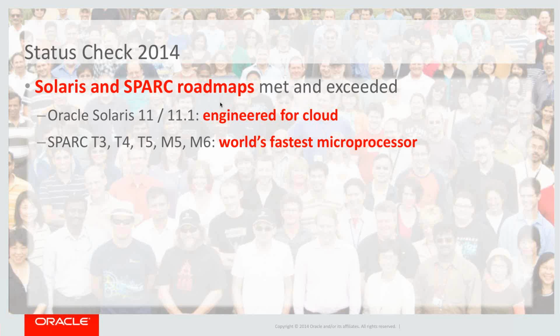We have the beta release for that out right now, and that's a lot of what we're going to talk about today. Our friends over on the hardware side have also done some pretty amazing things with the Spark roadmap. Again, Spark was kind of lagging behind the rest of the industry. We have now just zipped forward. In the time since the acquisition, we released several generations of the Spark processor, and the gains in that